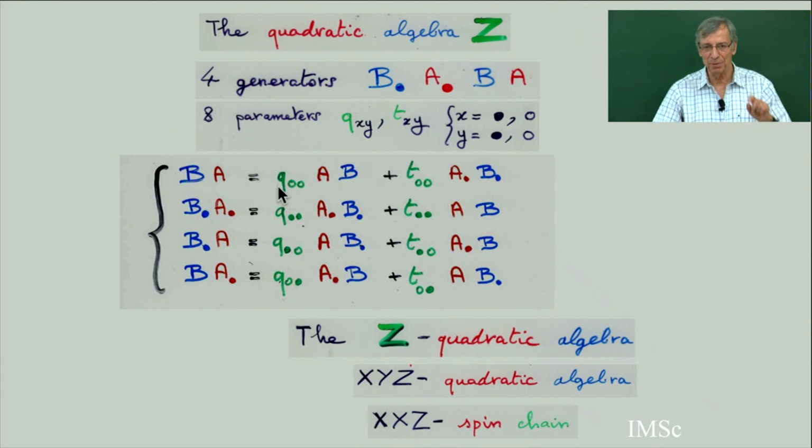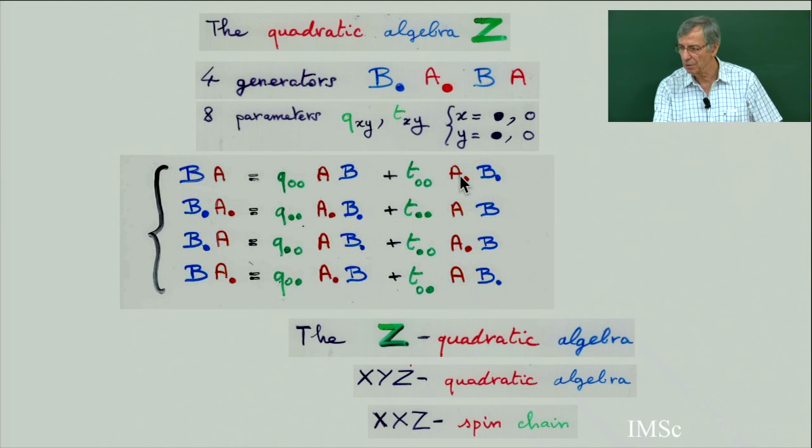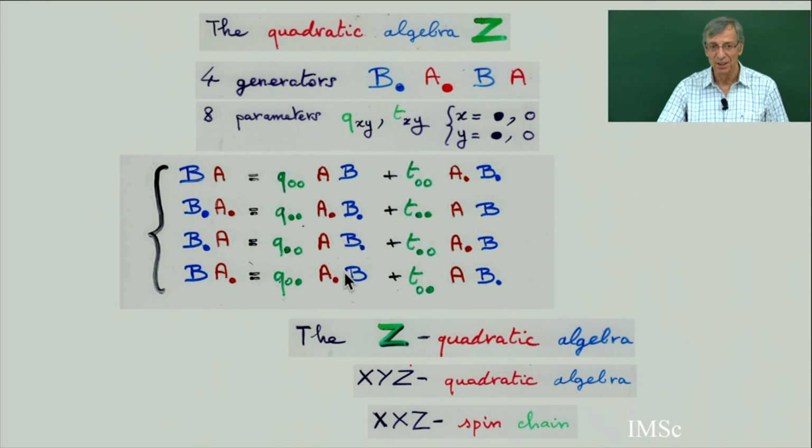Sometimes I put no dot, or sometimes a dot like a 0, a circle with an empty circle. So here, for example, you have a plain circle and an empty circle, so I put this plain dot and empty dot. So the indices below mean only the left-hand side, to remember which monomial you start with in the rewriting. Then when you rewrite this into the right-hand side, you have two different choices. The first choice will be a Q, and the second choice will be a T. So Q and T are just parameters. They may be numbers or polynomials, or maybe 1 or 0 or a Q-analog.